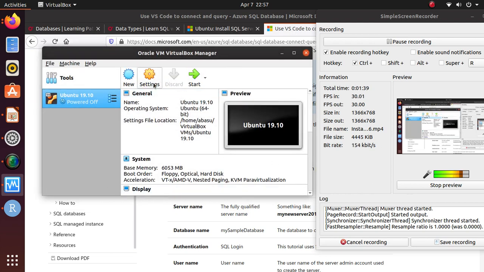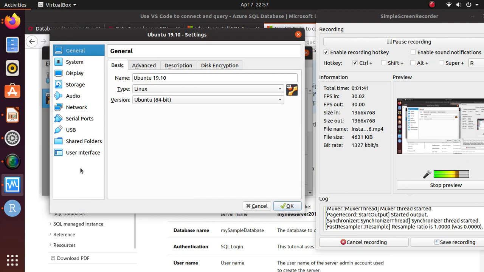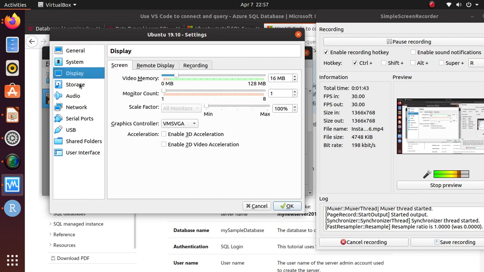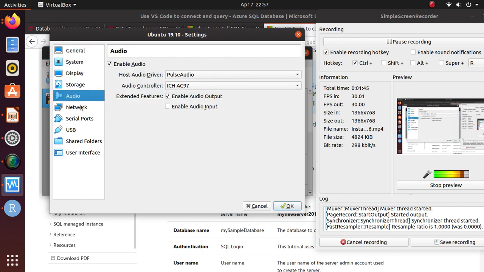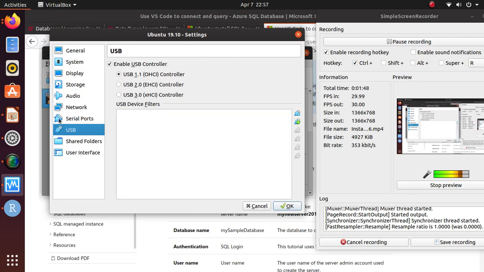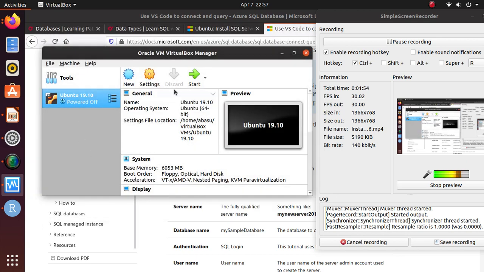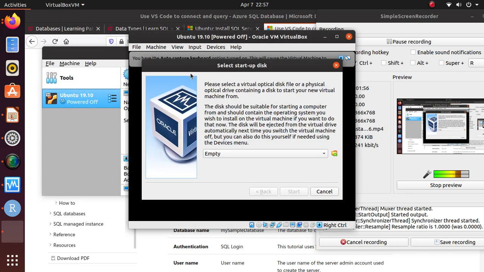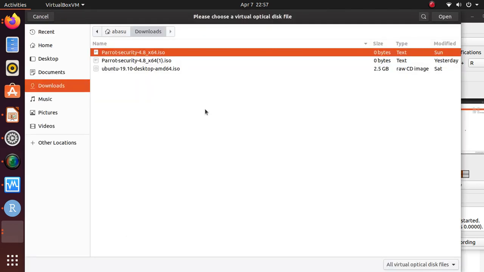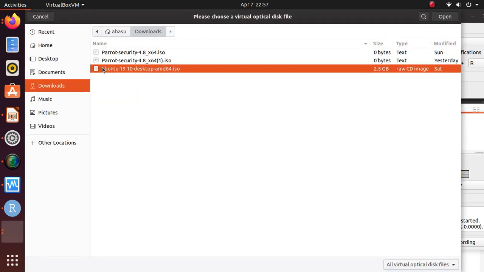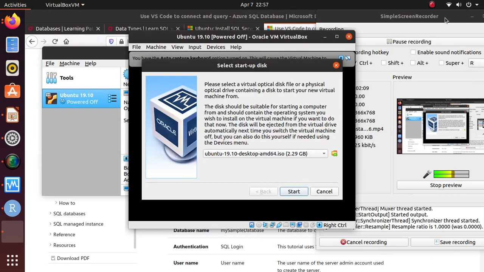Your system is pretty much ready, and if you look at settings, you have everything available to you: your display, your storage, your audio device, network, serial port, USB, everything is in there, and the system comes with all of this stuff. So what you need to do, you just go back and try to start it, because you have nothing installed on that hard disk that you've specified. It's going to ask you, hey, what do you want to do? So here I'm going to go and get the downloaded ISO for Ubuntu 19,